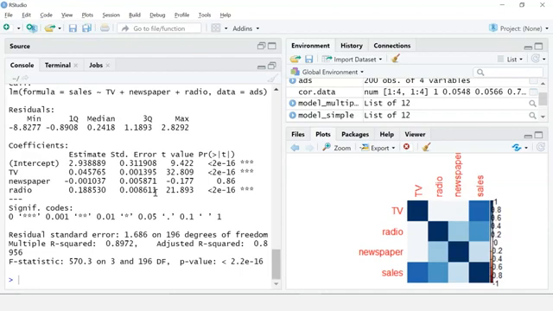First, we see that our coefficients for TV and radio advertising budget are statistically significant, since our p-value is less than 0.05, while the coefficient of newspaper is not, which is around 0.86. Thus, changes in the newspaper budget do not appear to have any relationship with changes in sales.